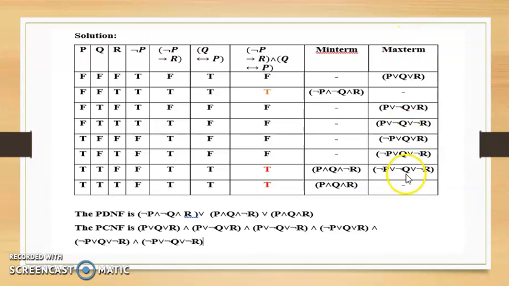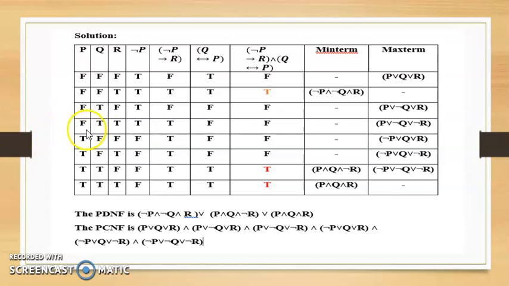Next we should write the max terms. That is, we should select false. When we get false, it means all 3 are false. That means we have to take all the variables as it is, because your truth value is false. So if you are getting false, we should take the variable as it is. So P or Q or R. Then here it is false, true, false. That means P or not Q or R. So that is the thing I have written.